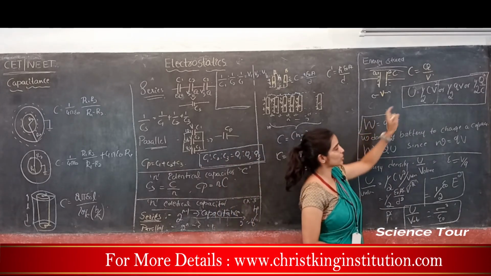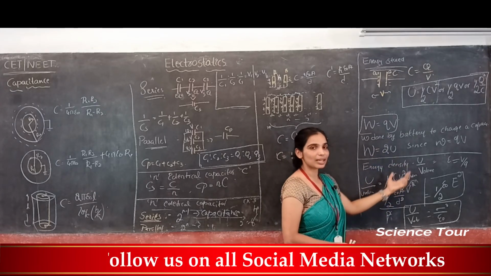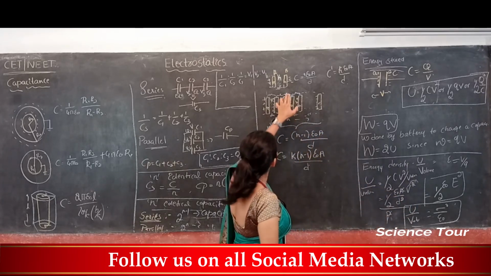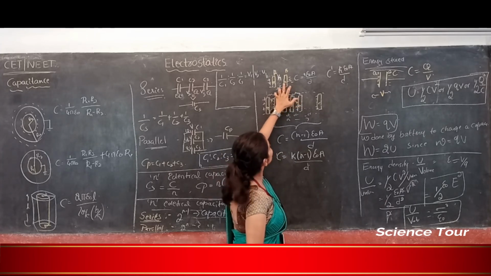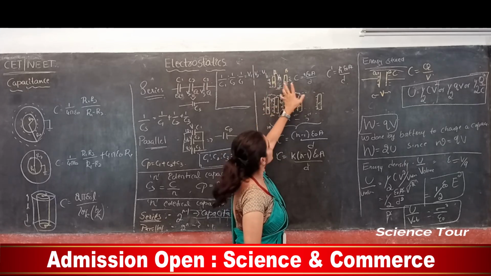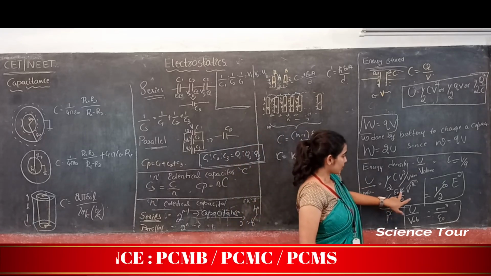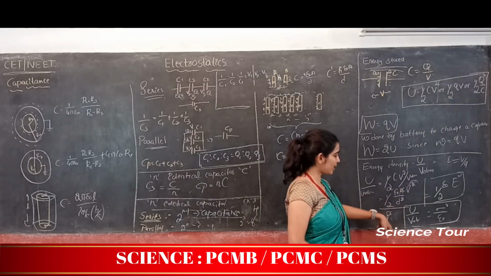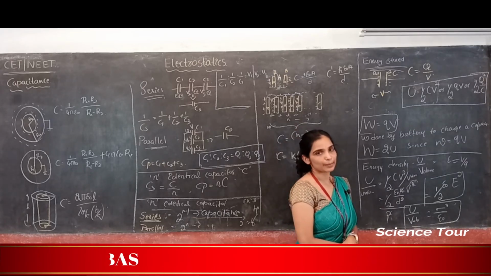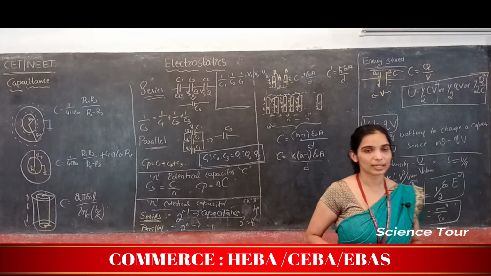Energy stored is this much. Work done to store that energy is 2 times of the energy stored, and energy density is energy per unit volume. Volume is taken as area into displacement, correct? Area is this. Displacement of the charge particle is this, right? Particle is going from B plate to A plate. So this is the displacement of the charge particle. So energy per unit volume, substitute, area gets cancelled. So see, half epsilon naught E square or sigma square by epsilon naught is the energy density. So this is about the parallel plate capacitor.